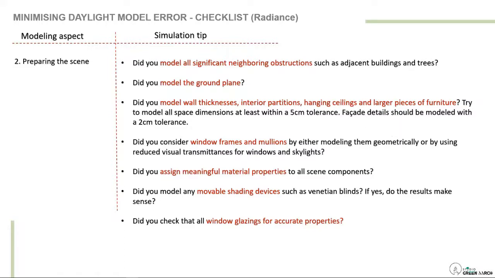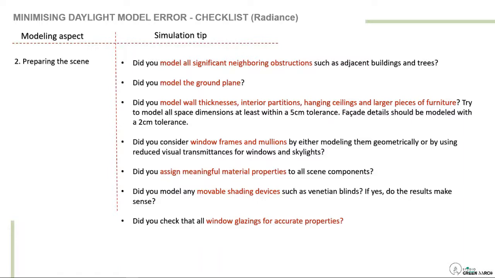You should always model your neighboring obstructions. You should never neglect the neighboring obstructions because they have a huge impact on the energy and daylight aspects of a particular building. If you want to model a tree, a lot of research has been done on how to model a tree. Shall we take a sphere? Shall we take an octagonal shape? Or shall we just map a leaf or something? Will the Radiance engine understand it or not? But remember, the more the complexity of the model, the more the simulation time.